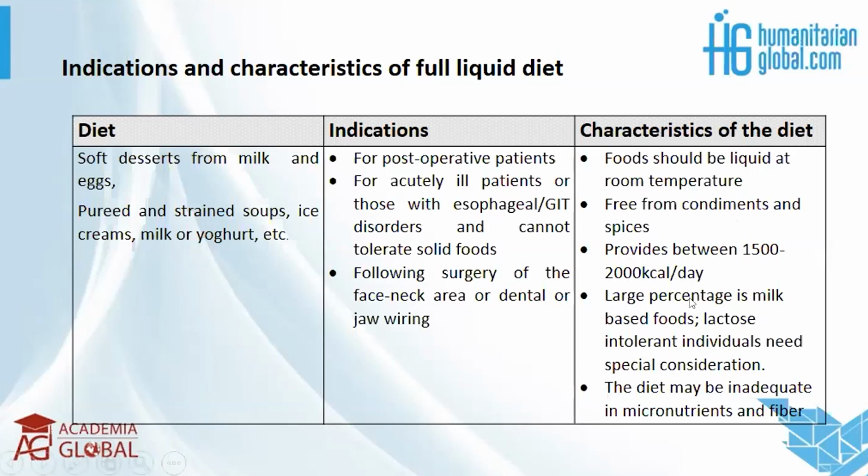It has a large percentage that is milk-based, and lactose intolerant individuals, those individuals who cannot tolerate milk sugar, they need special consideration because milk is widely used in this diet. For those people who cannot tolerate it, maybe you could use an alternative like almond milk, those plant-based milks. And then the diet may be inadequate in micronutrients and fiber,